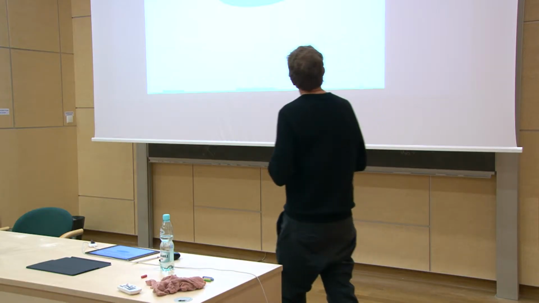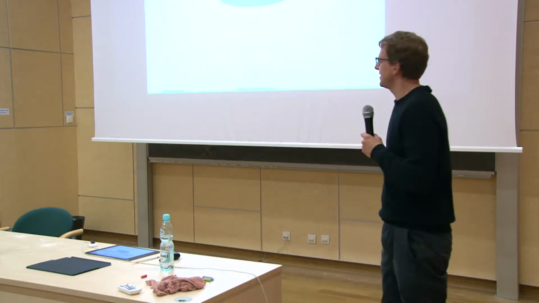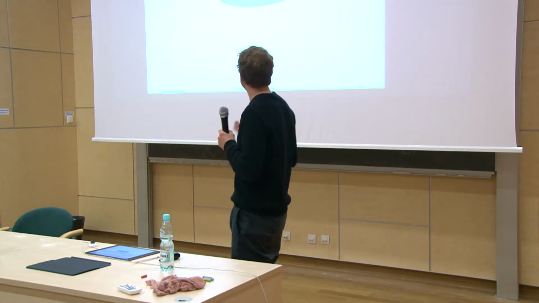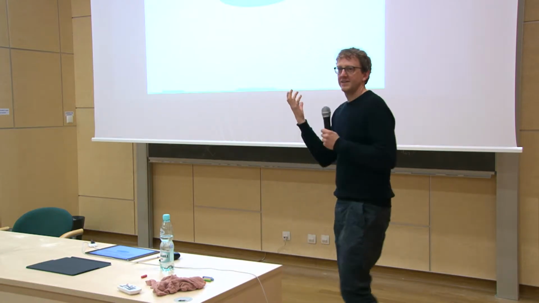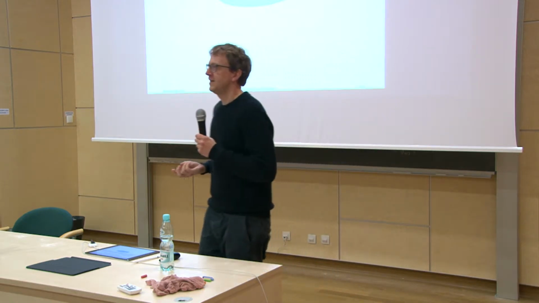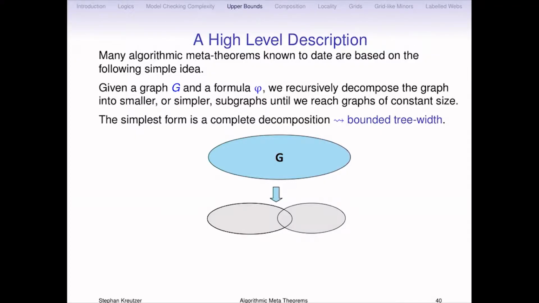Yeah. And so this is a graph, and we want to check a formula in it. And many algorithmic meta-theorems, especially the ones you'll see in the next hour and a half, are based on one of the following very simple ideas. So we have this graph and a formula, and we don't know what to do with the entire graph. So what we want to do is decompose it into smaller graphs. Yeah? There will be various notions of decomposition, but what they have in common is that we want to cut it apart. So we want to split it into separate subproblems, then solve the formulas in the subproblems, combine them somehow, and be happy. And this will happen all the time, except for various notions of decomposition.